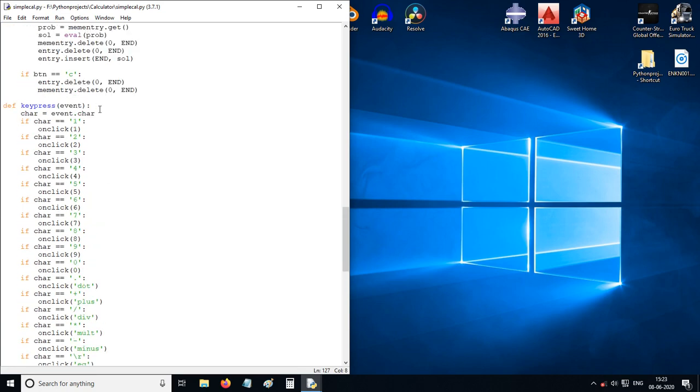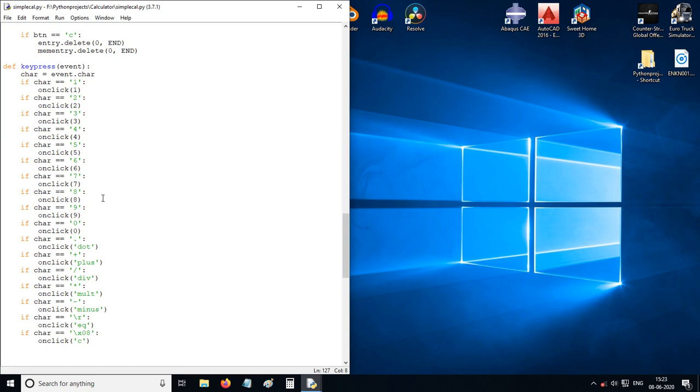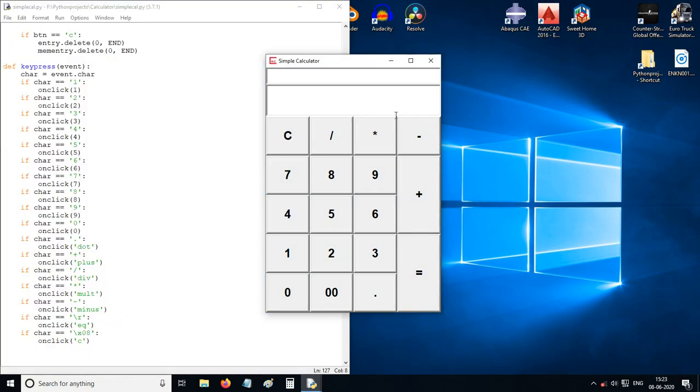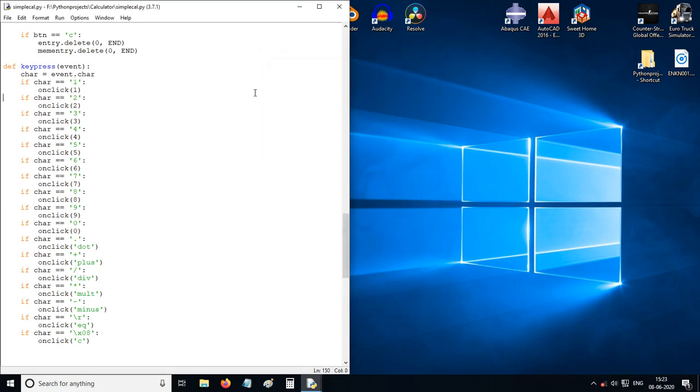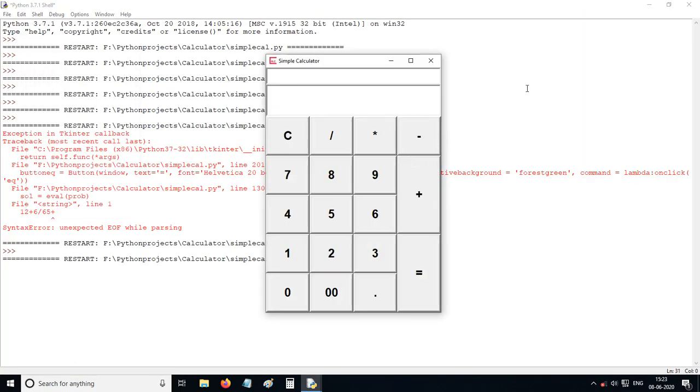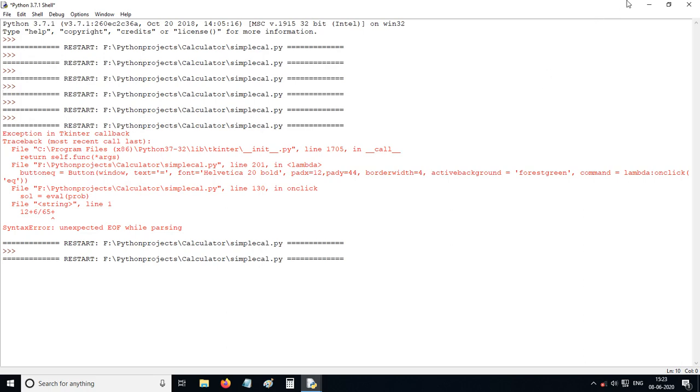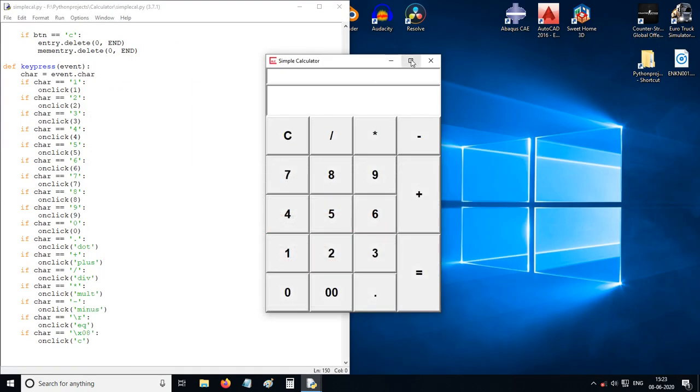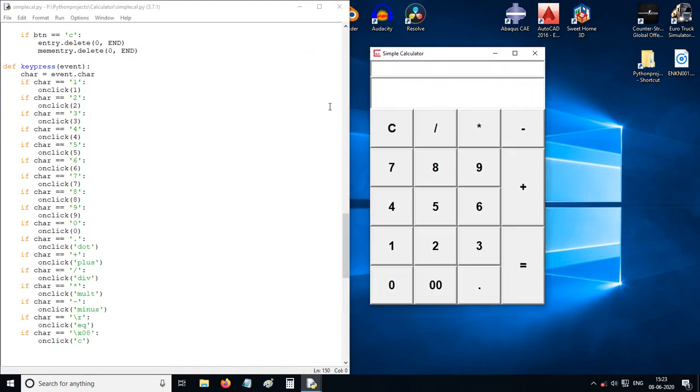And then these are key bindings, like we have a keyboard, right? If we press buttons on the keyboard, it will work.